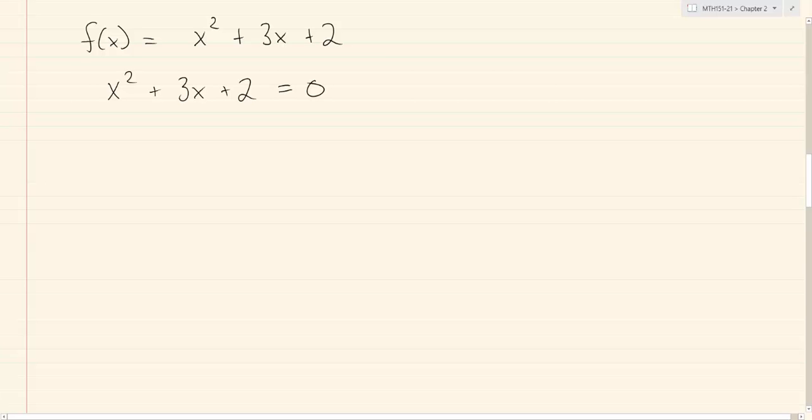And now the question comes up, how do you get x by itself? The tools that we used before, up to this point, don't work. You can't subtract 2 from both sides and get x by itself. You can't divide by 3 and get x by itself. We have to come up with a new mathematical tool in order to get x by itself. And you probably, hopefully, have seen this mathematical tool in the previous course. In order to solve this, you're going to have to do something called factoring,